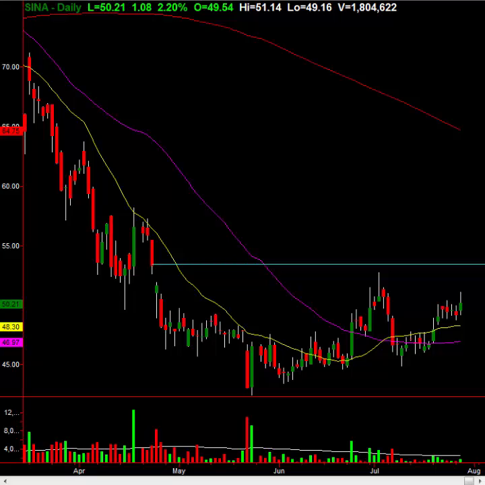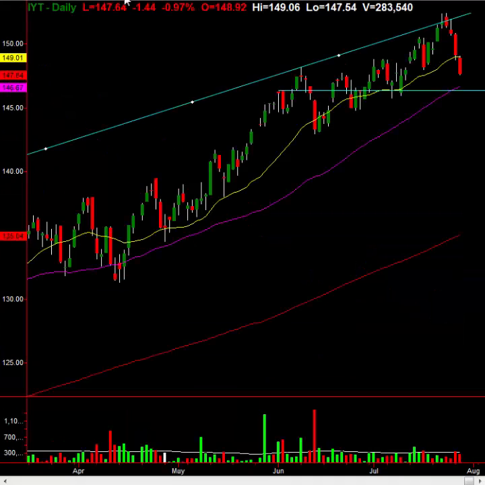Like if I showed you that IYT daily chart, go back to that IYT daily. This is why it was a no-brainer for options, because you knew you were going to get that type of pullback. All right, look at the pullback when it hit right here. Boom. So right here again, let's use history as our best guide.